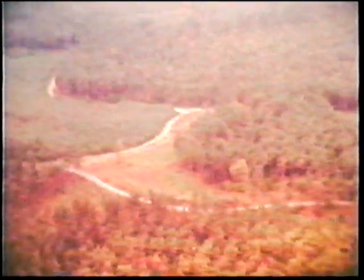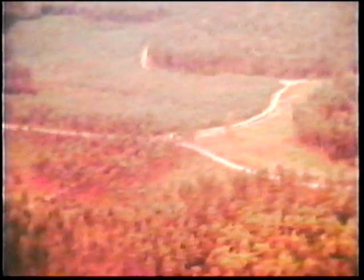Delamere Forest, Cheshire, a remnant of a royal hunting forest, probably originally deciduous woodland dominated by oak. But today, a coniferous plantation with Scots pine dominant. And we're going to look at the way in which soils can vary, even within a comparatively small area of